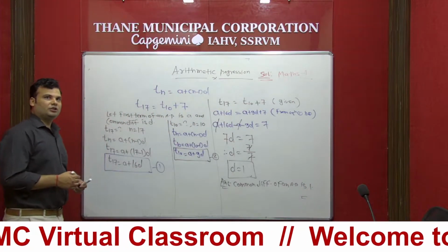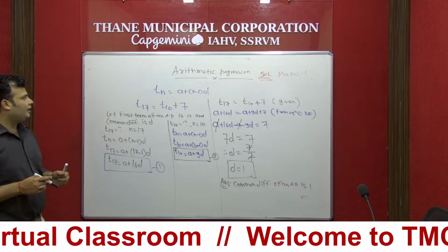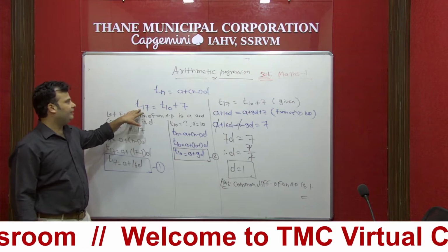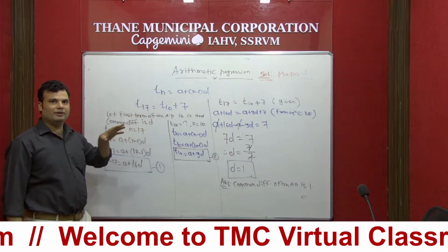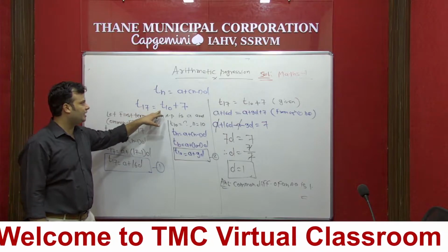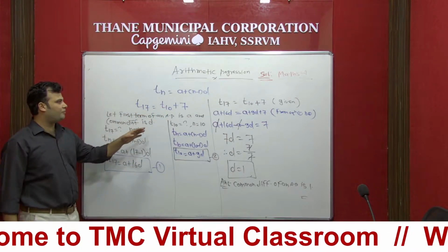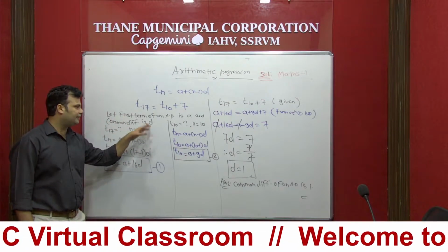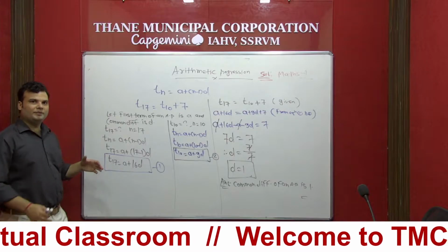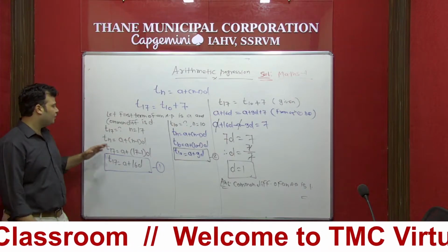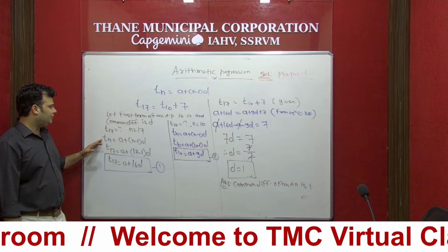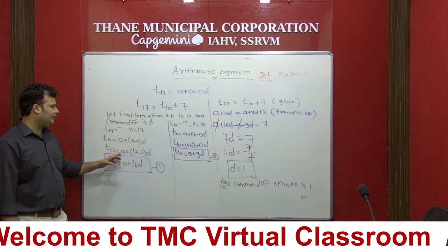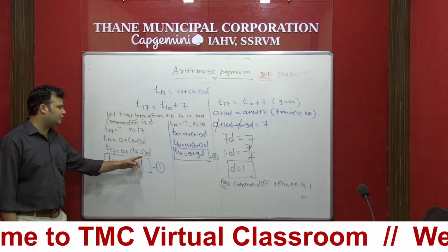If you want to take a screenshot, you can take. Now again I am repeating. Student, the sum is given: T17 is 7 more than 10th term. So we can write T17 equal to T10 plus 7. So let the first term of an AP be A and common difference be D. And we have to find the common difference, that is D only. So whatever is given, you have to solve according to that. So for T17, we apply the formula Tn equal to A plus n minus 1 D. T17, that is A plus, n is 17, 17 minus 1, that is 16D.